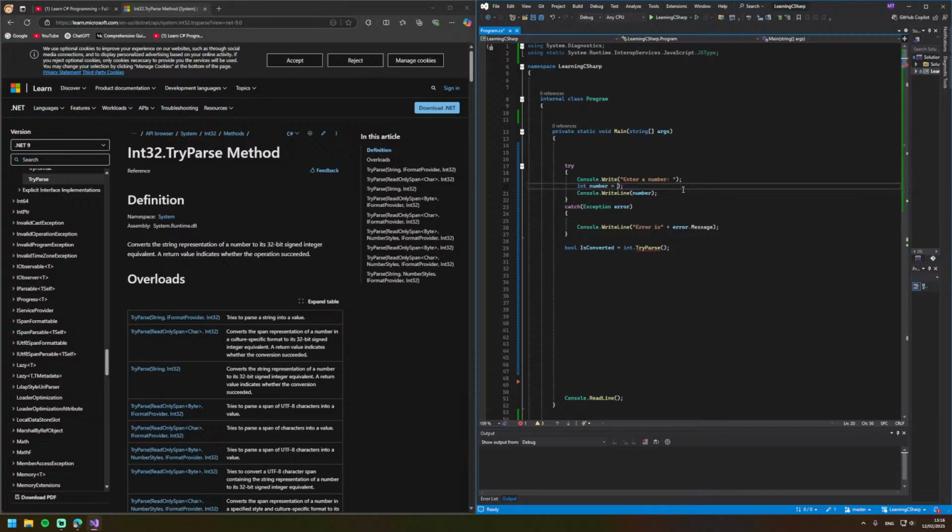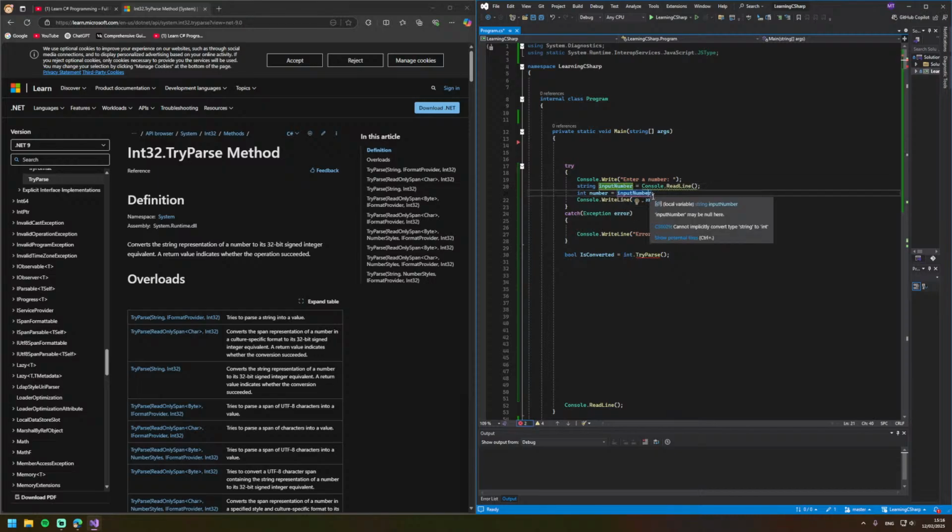Maybe rather than doing this, input number, and then I do this, and then